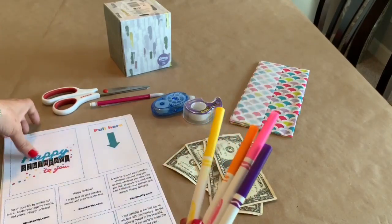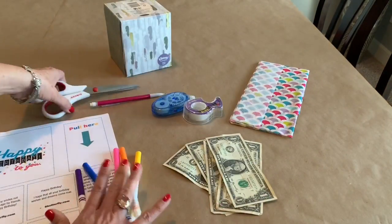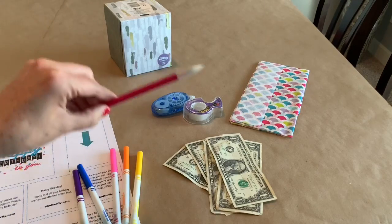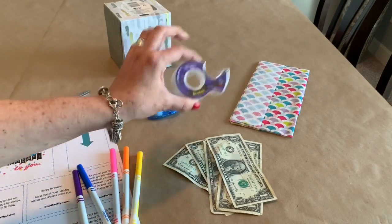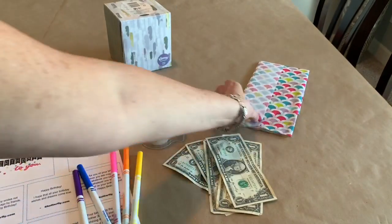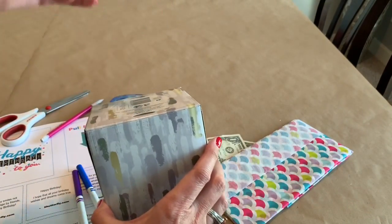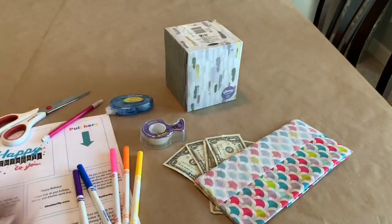I've got markers. You'll see how I kind of decorate my printables just a little. That's optional. Scissors to cut out the printables, pencil, scotch tape to tape the money together, double-sided tape to get those printables onto the Kleenex box, and some tissue paper. That's what's going to kind of help hold that pull tab up and give a little bit of decorative flair